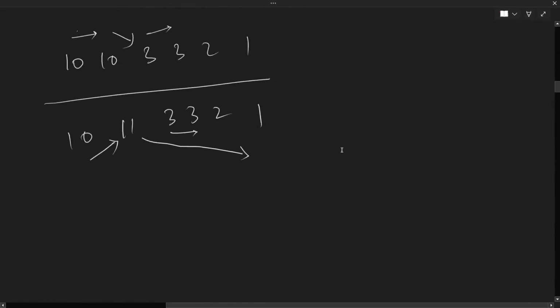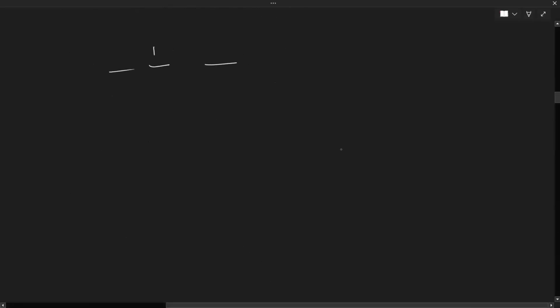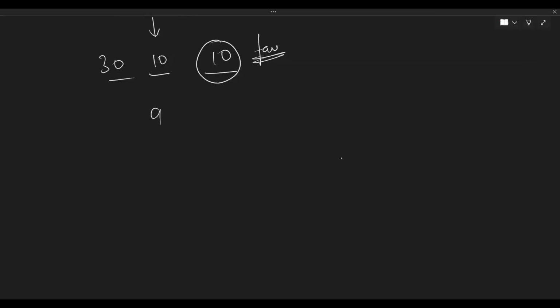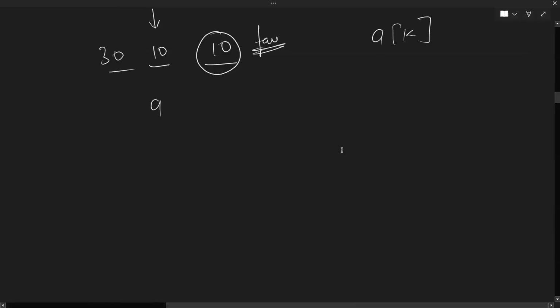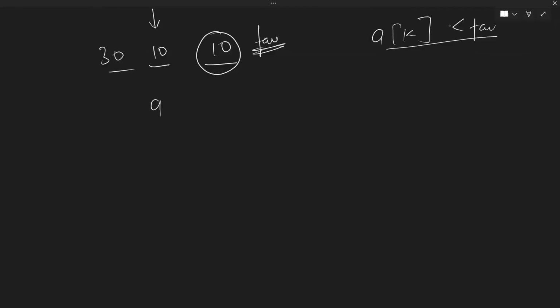A of k minus 1. See, if your two values are same, 10, 10, 30, and you are removing till second point, and this is your favorite. So in this case, maybe it would be removed or maybe it won't be removed. How can you say? We have already checked that A of k is, like we have removed this case. If A of k was less than favorite, then we would have definitely removed it, right? And we have already checked that k is not equal to n, because if k is equal to n, then also we have already removed. So then you can simply check that,